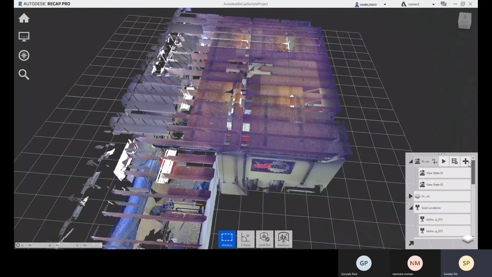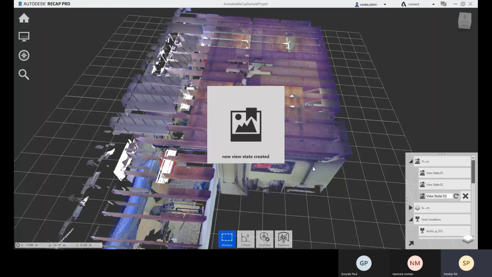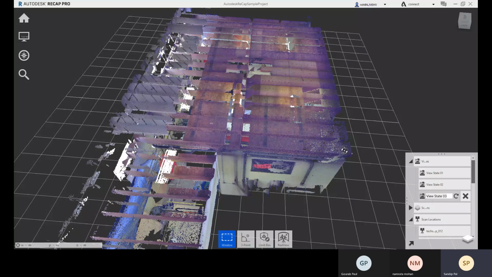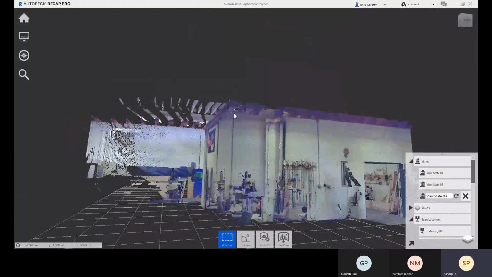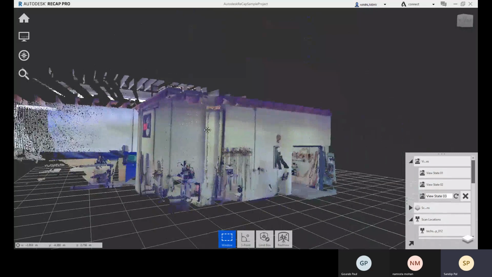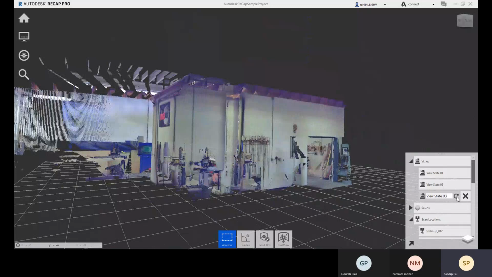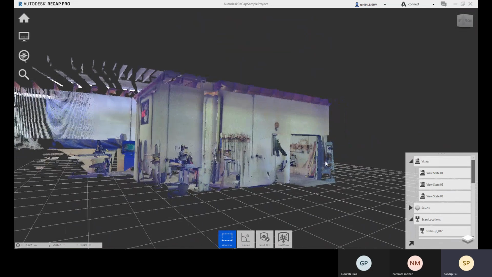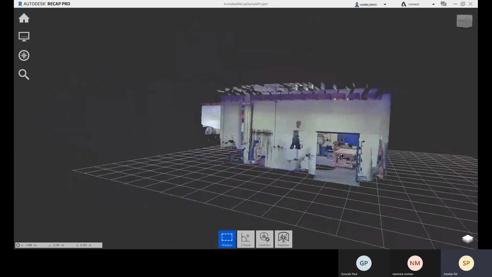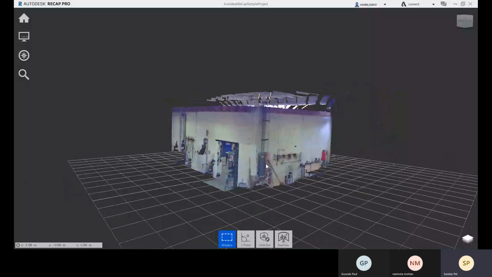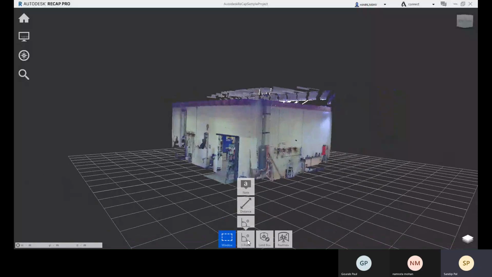So let's go for this add, and you can create a new view. So this will be your new view, and now you can click on this update option. So this one is updated right now, and you press enter after that, and now you change this position. This will be the next view.